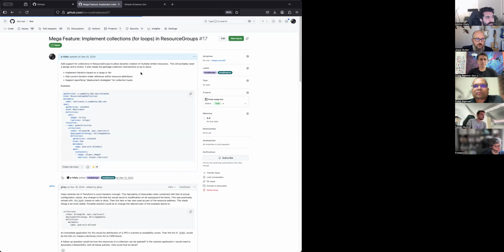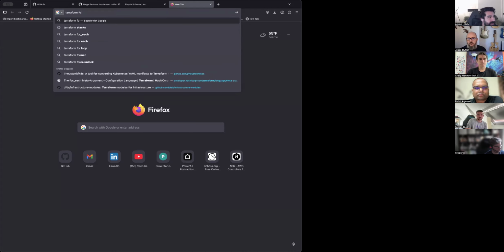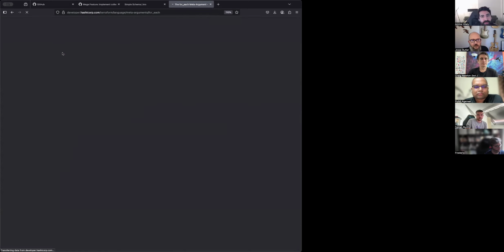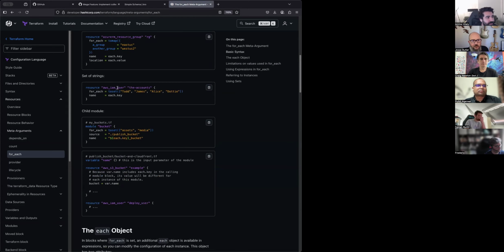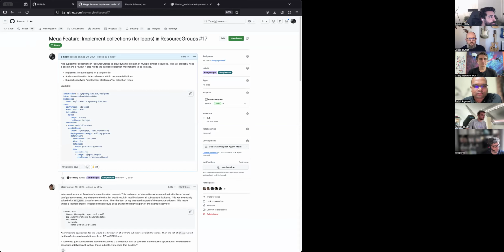The first one is the collection support, basically for loops for Crow. I know we don't really do for loops or anything that is Turing complete, but if you look at Terraform, for example, they have what we call for_each, and this is what we're bringing to Crow. If you're familiar with the syntax, this is something we want to bring in 0.4. There's already a work in progress prototype for this, and I think Adobe already made some contribution to this branch, and we will have that merged for 0.4.